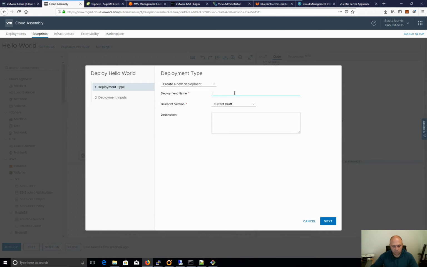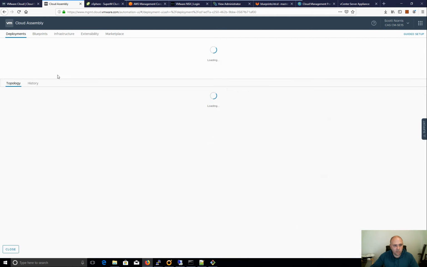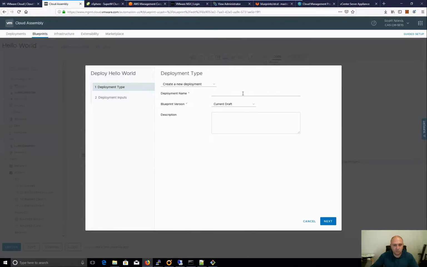I could go AWS demo, next, choose AWS, deploy that. Now that's going to go to the deployment screen, and I'll cover that in a bit, but I'm going to go back to blueprints. I'm just going to deploy that again. Now deploying directly from the canvas is great too. So I go to Azure demo,